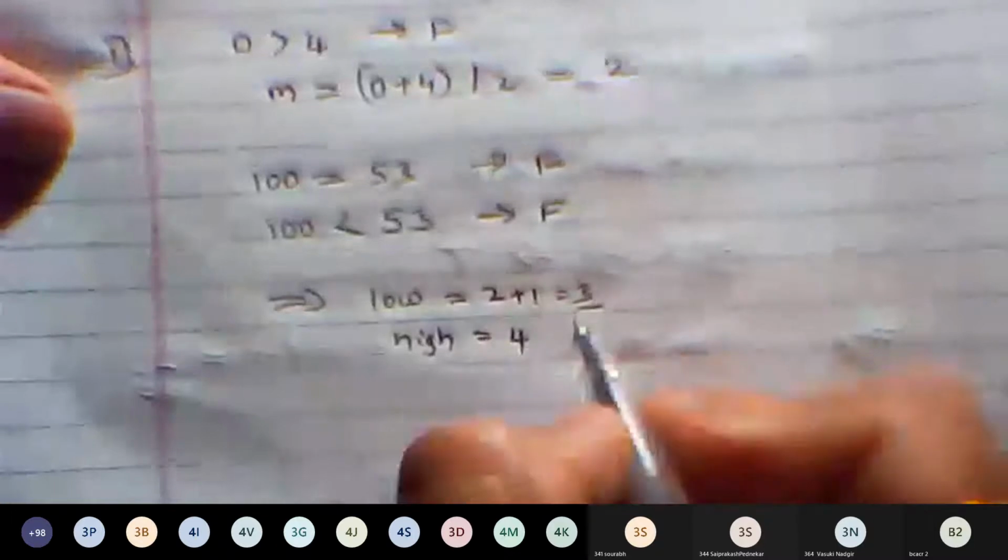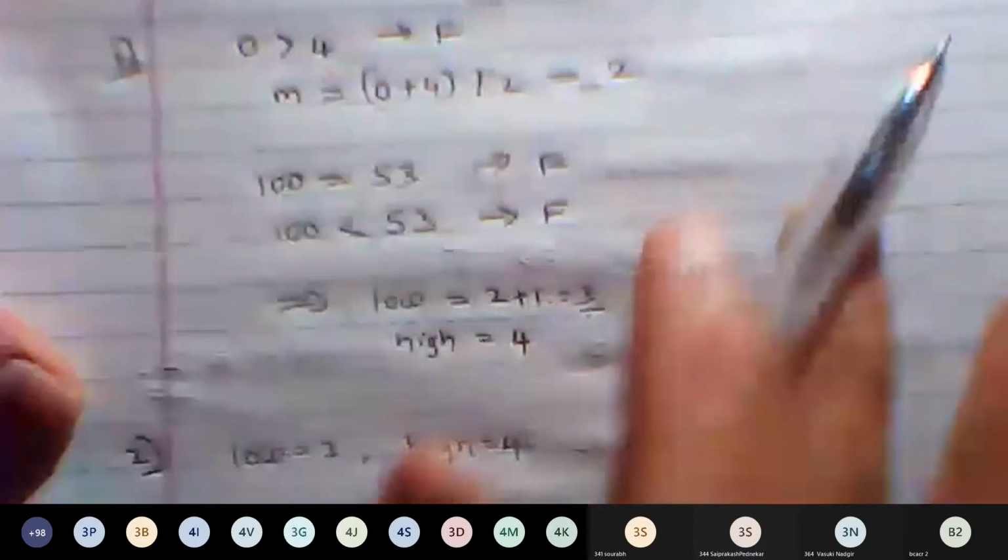So with low as 3 and high as 4, we call the recursive algorithm once again. The second time, low is 3, high is 4, and the rest of the array remains the same.